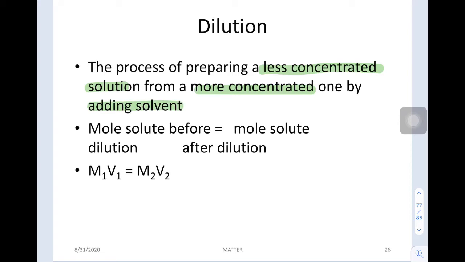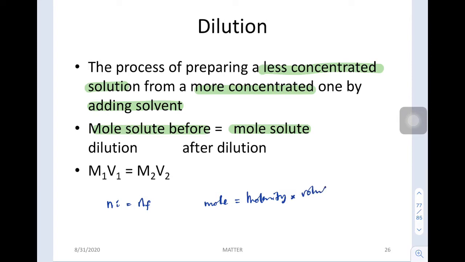However, we have to remember that the number of mole, or the amount of the solute before the dilution, will be the same as the amount of the solute after the dilution. And the amount is expressed in mole. So since mole before is equal to mole after, n initial is equal to n after, and we know that mole is equal to molarity